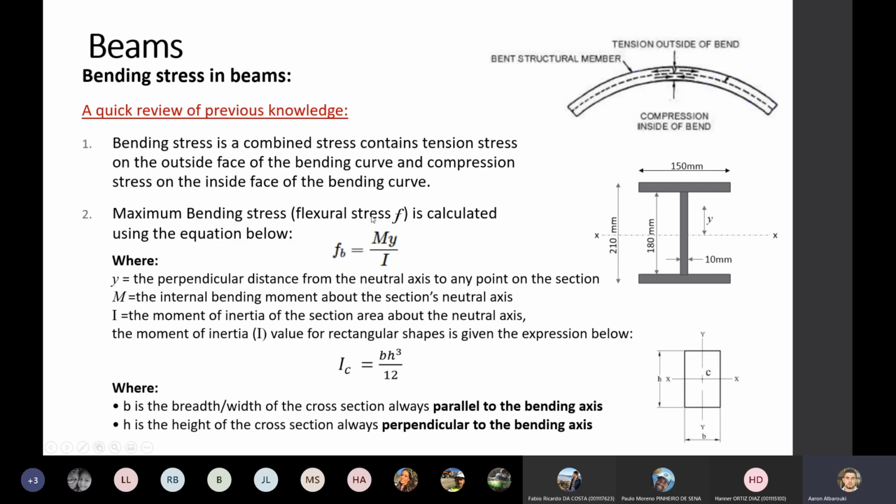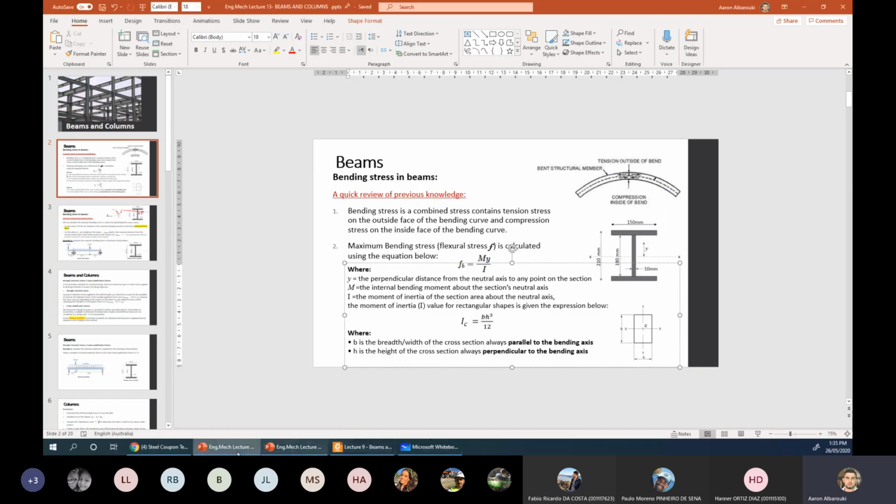We call it the flexural stress or bending stress, which equals M, the maximum moment or the moment at that cross section, multiplied by Y. Y is the distance for any of these steel particles away from the neutral axis, where tension and compression are zero. If I go back to that video,